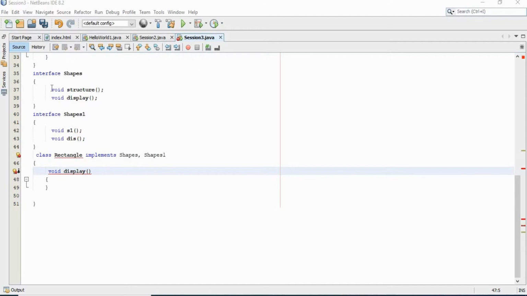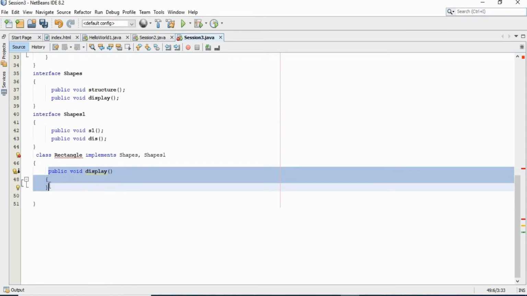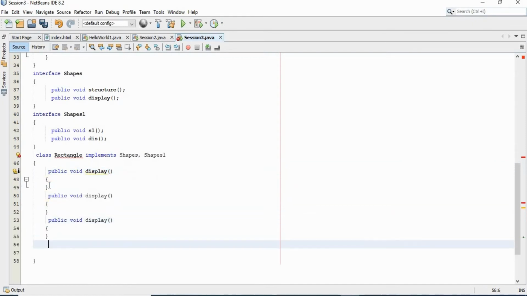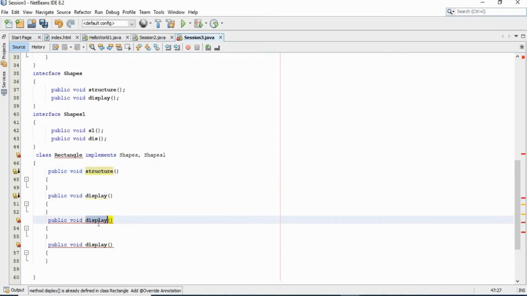This means the functions declared inside the interfaces should be public. Similarly, we have to use the same public access specifier when we define that function in the implemented class. So here we can change the prototype to public void display of. Similarly, we can override the other functions also. We have four functions inside two interfaces: the first is structure of, the second is display, another is s1 of, and another is dis.